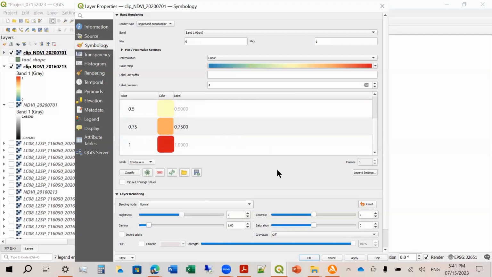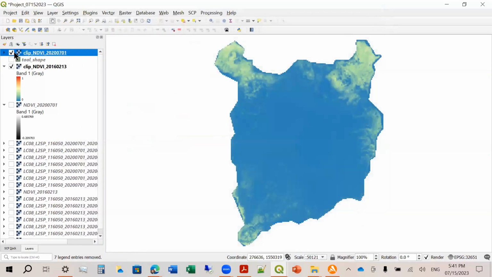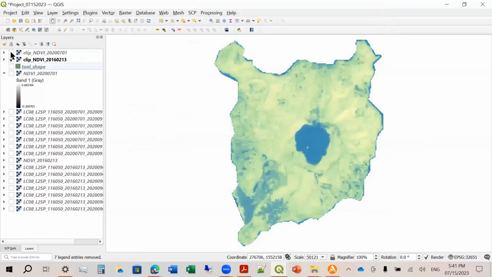Okay. So just to make sure that we have the same scaling. Okay, so this is now NDVI for 2020, and this is NDVI in 2016. So you can see the difference.